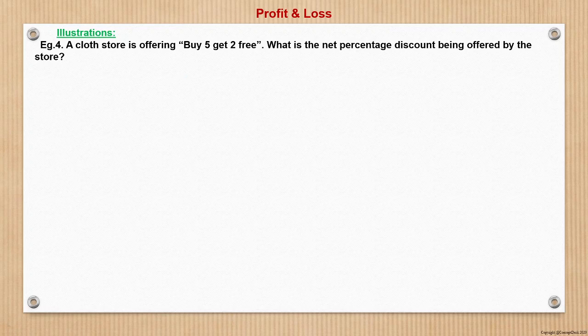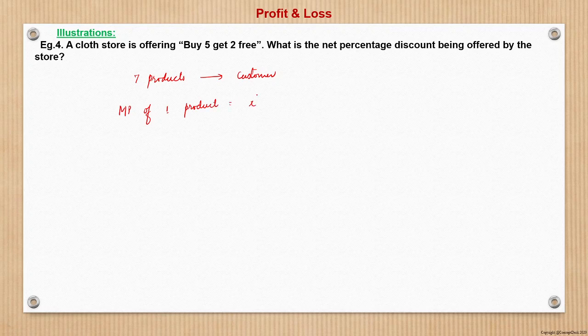So this is just the interpretation of the sentence. It says that a cloth store is offering buy 5 get 2 free. Means what? If there is a customer and the shopkeeper, the shopkeeper is effectively giving 7 products to the customer, right? And suppose the MP of one product